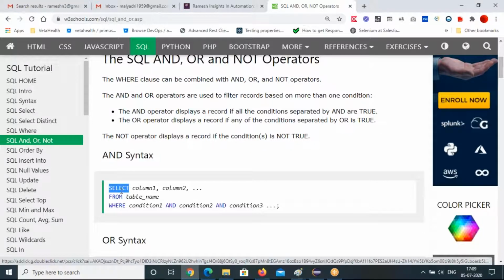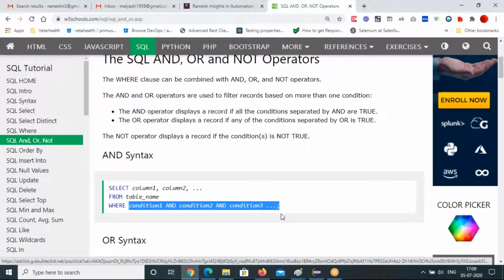SELECT is a command, right? The SELECT command, everywhere you will use the SELECT command. Mandatory thing. SELECT column1, column2 FROM table_name WHERE condition1 AND condition2 AND condition3 and so on. The first two conditions will be taken, and that will be joined with the other conditions.